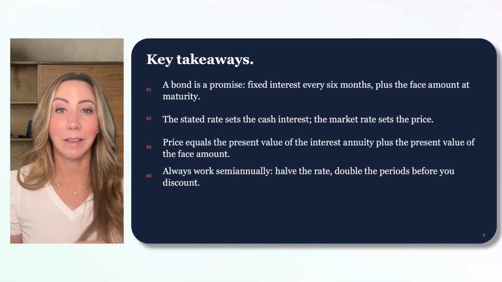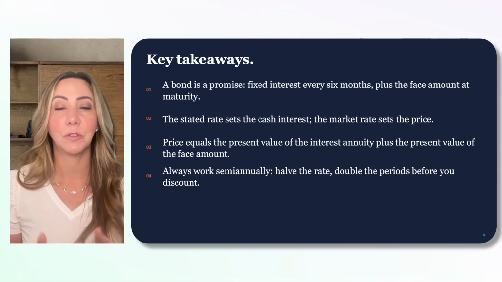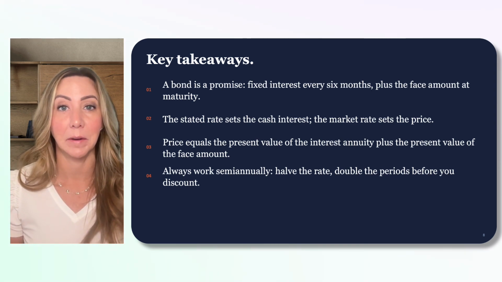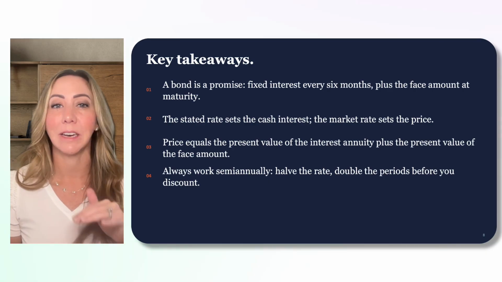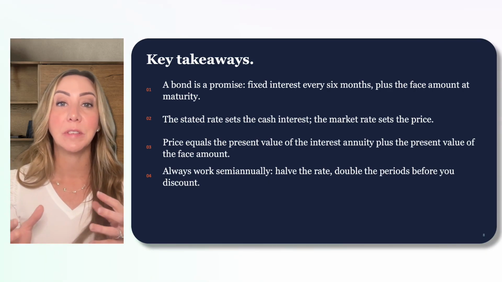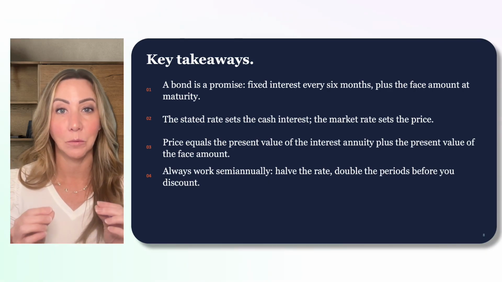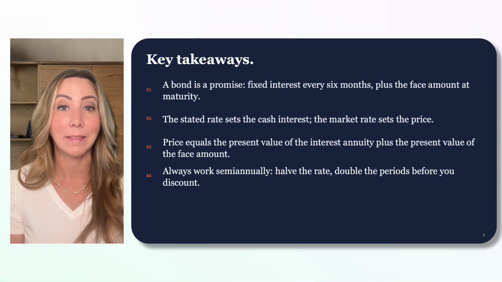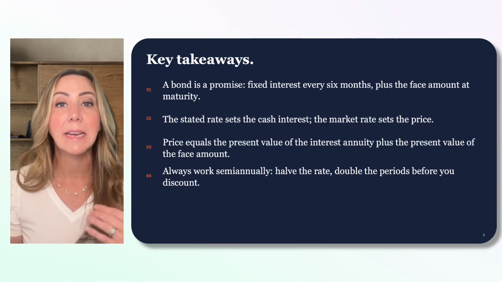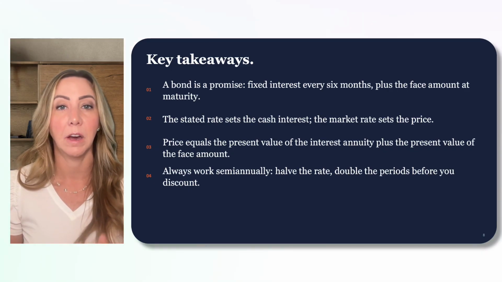All right, let's lock in the foundation. A bond is a promise, 2 promises actually. Fixed interest payments, usually every 6 months, plus the promise to pay back the face amount of the bond at maturity, what we borrowed. The promises are determined by what is printed in the contract. How much the bondholder will receive in interest is determined by a stated rate. No matter what happens with the market rate, this payment never changes. The amount that bondholders are paid back at the end also never changes. It's the face value of the bond printed in the contract.